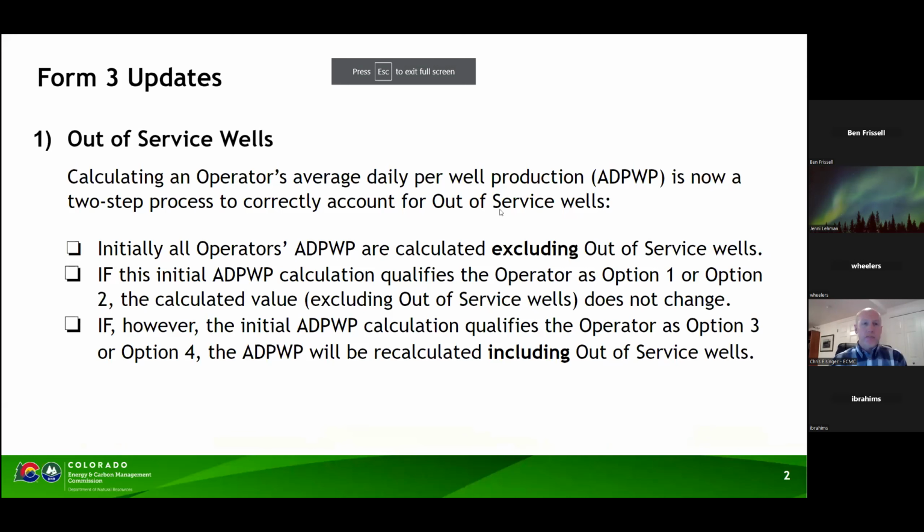So the first Form 3 update that I wanted to let people know about is with regards to out-of-service wells. We had not been correctly accounting for out-of-service wells in the average daily per well production calculation, specifically for option 3 and 4 operators. And so we have revised that process to